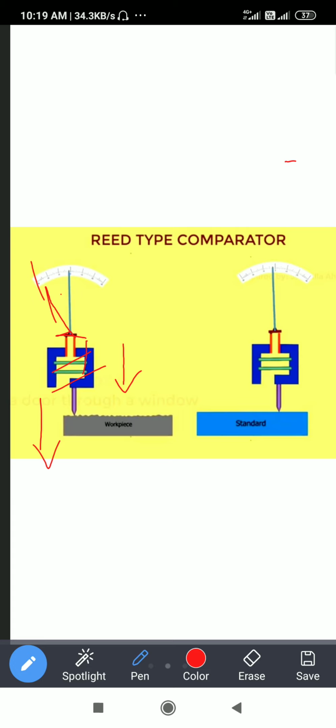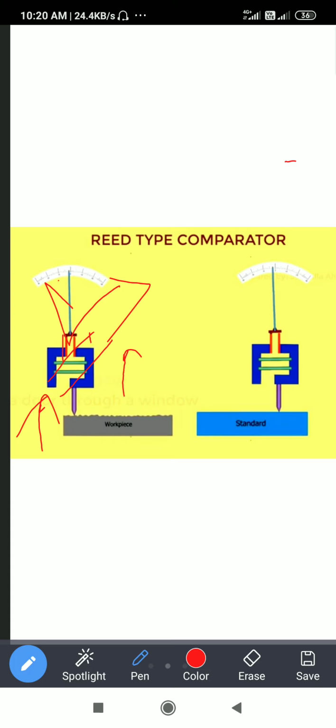Then again for the next round, where there is a shallow mark, if there is a hole, the plunger comes down. When there is extra material on the upper level, at that moment the plunger moves to the upper side, this link also moves to the upper side, and the rigids also move upward. When it comes in a down direction, the needle moves over here. So by this way you can get the range of the upper surface of the workpiece.